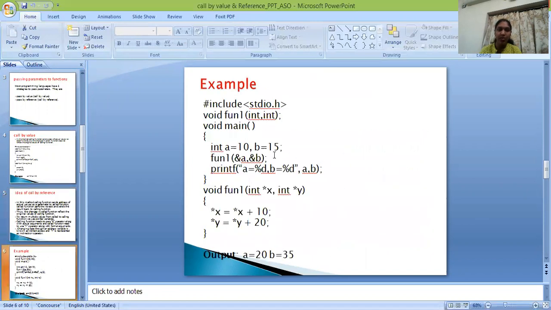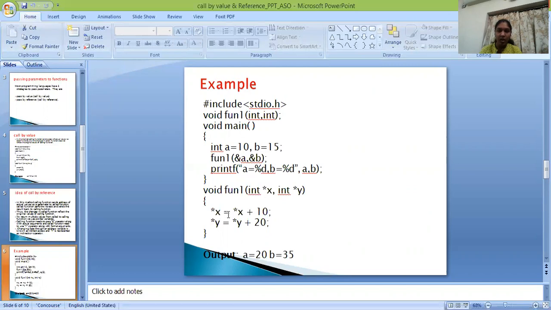This is the example for call by reference. Here I can take a is equal to 10, b is equal to 15. Here I can take the addresses of a and b, that means ampersand a, ampersand b. So it can reflect here. Star is an indirect operator.